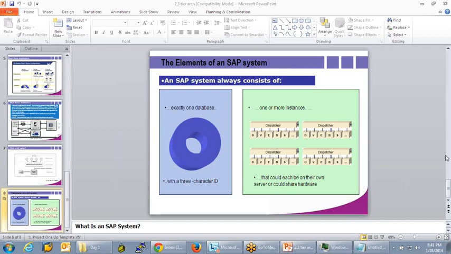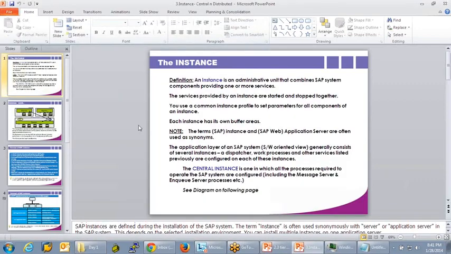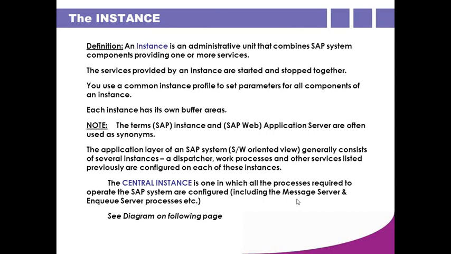Any questions from this point? If no questions, I'm moving to the next slide. Can you go through the slide points, please? See, ignore a few points which I did not touch. That is the central instance, and here some buffers and profiles I did not touch. But go through the points up to the note. I'll give 1 minute, so clearly go through the points, and if you want, you can take a print screen of this screen.